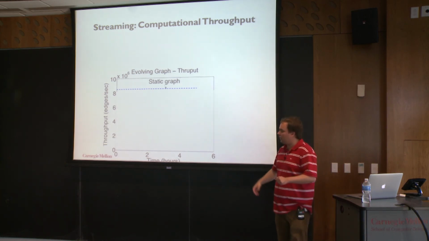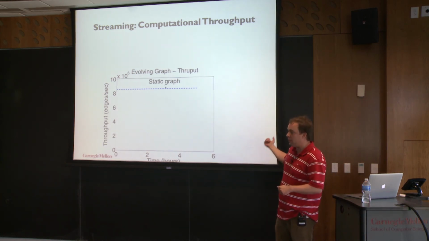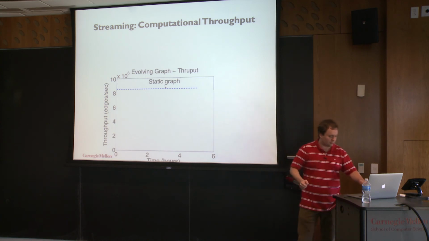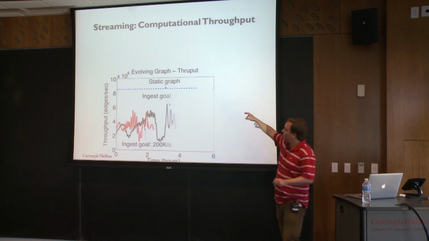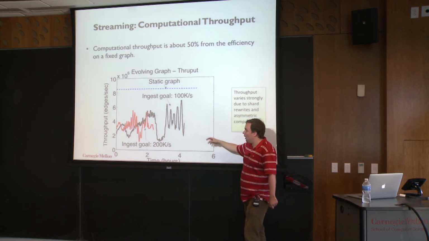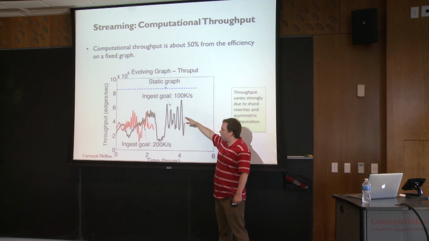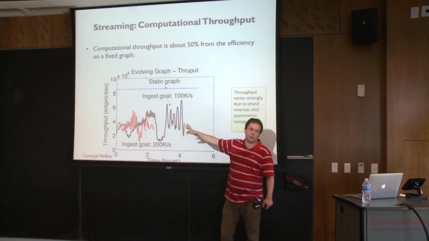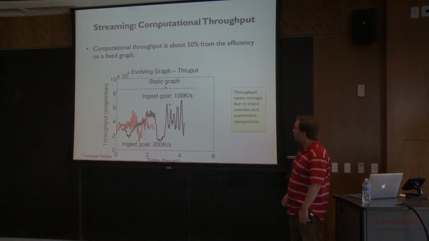What about the computation? I said we were computing PageRank at the same time we were adding edges to the graph. So if the blue line is the computational throughput on a fixed graph that doesn't change, we can reach about 30 to 50% of that rate. So in practice,